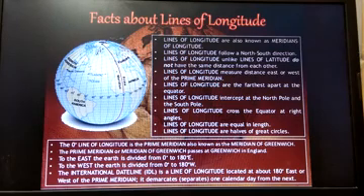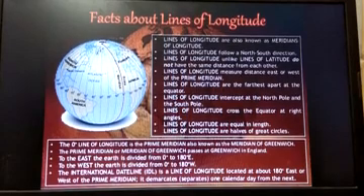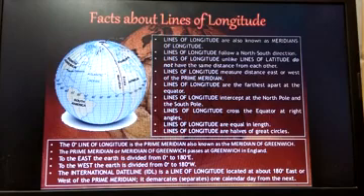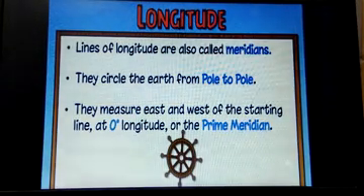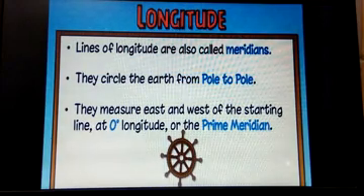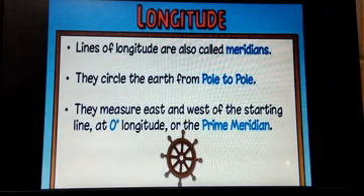If we go to America, at midnight from India to America, we will find that there is 1 day extra, that is 25, 26. So how do the dates change, why do we have different dates, and which line decides today's date? That is known as the international date line, and India is also following the international date line. Longitudes are called meridians. They are circles of the earth from pole to pole, not pole to south pole. They measure the east and west from the starting 0 degree longitude, or the prime meridian.